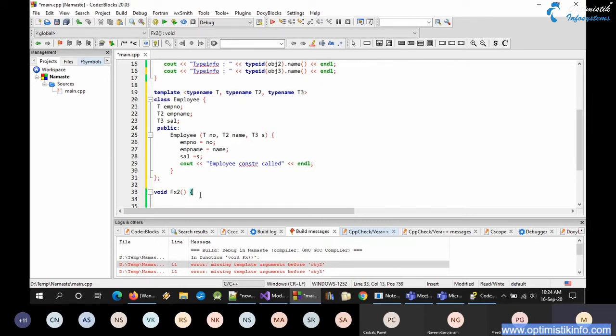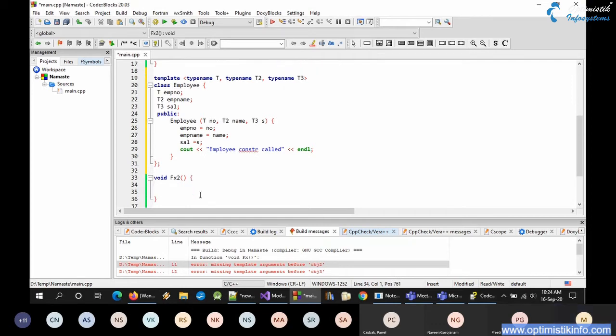And once I have done this, I'll come to my function fx2, and here I'm going to create employee objects. I have employee, int, string, int, object, and I can say 10, Ram, and